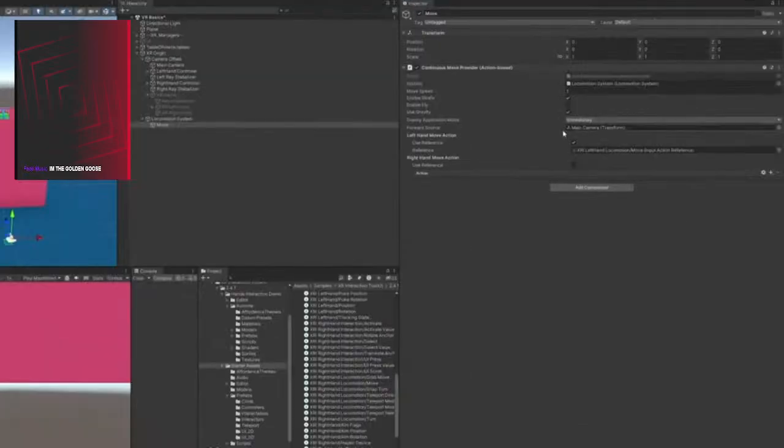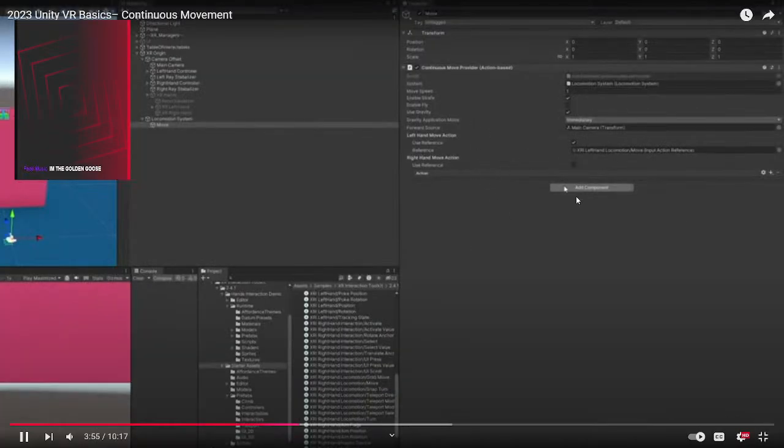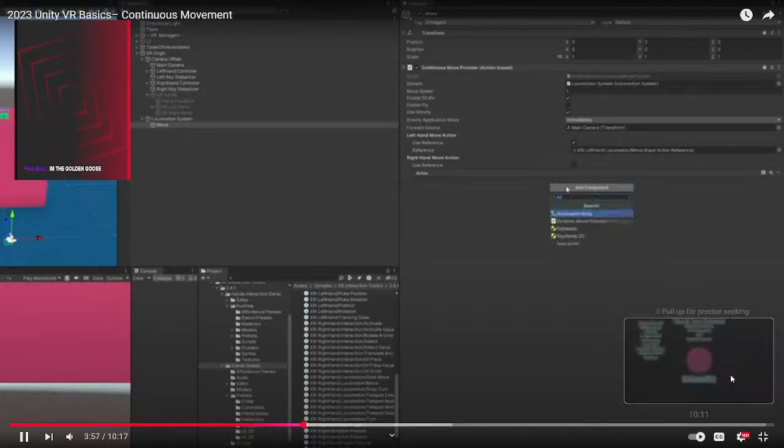So the dynamic move provider is just a different form of continuous move provider, and how it works is you could actually do some